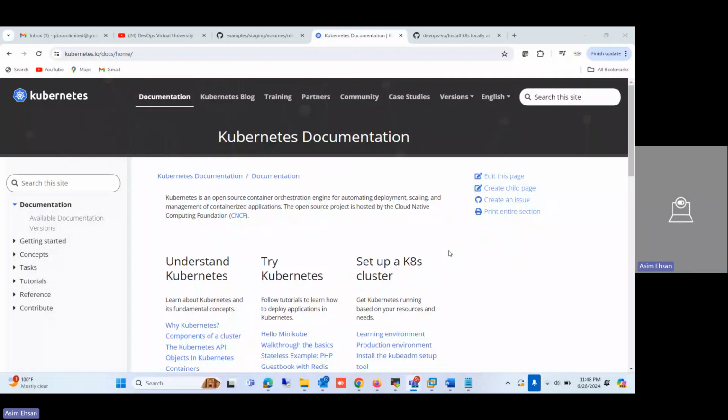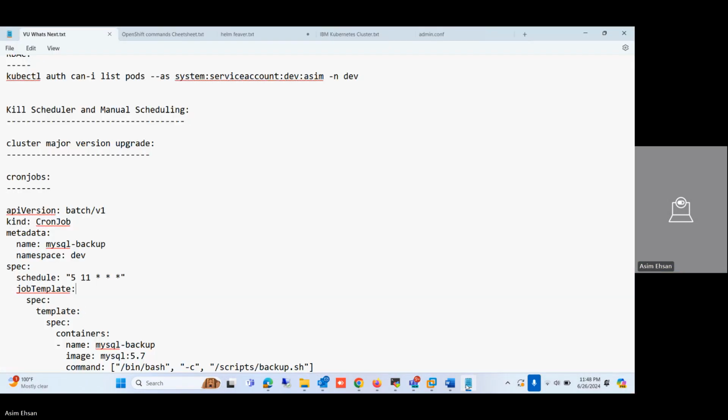Today's session, we have to discuss the cron jobs, cluster major version upgrade, and the concept of scheduler. If a scheduler is not running, what will happen and how you can do a manual decision based on some worker nodes. So yesterday we did